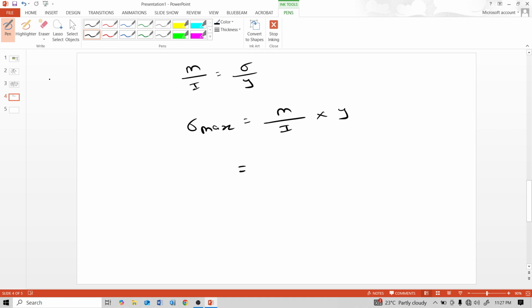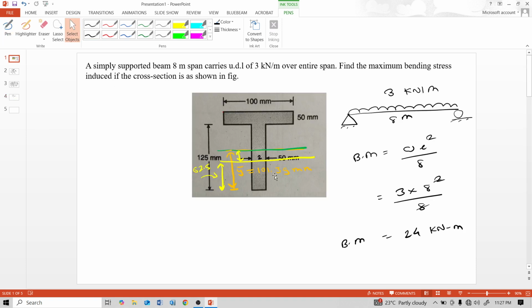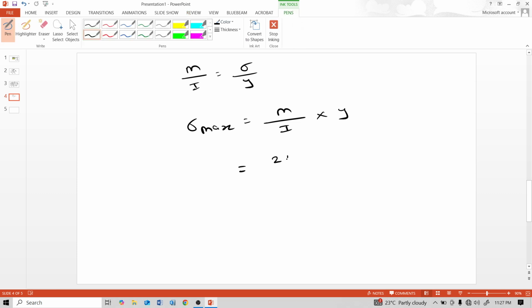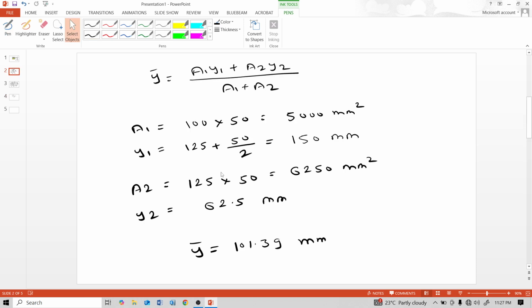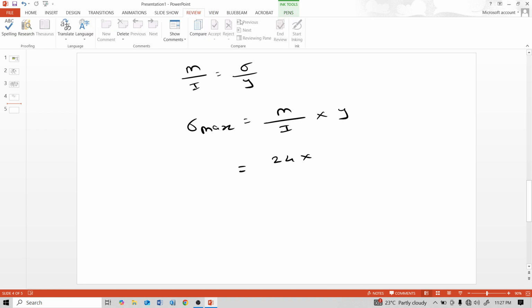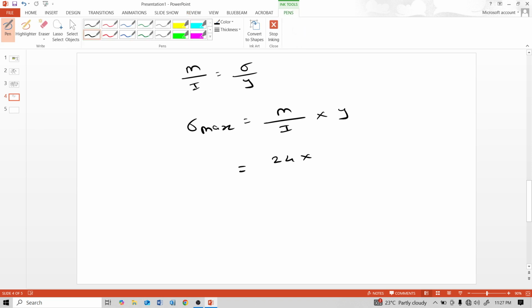So our M is 24, multiplied by y, which is this distance, 101.39 mm, and I is